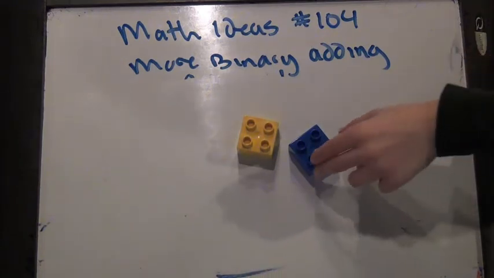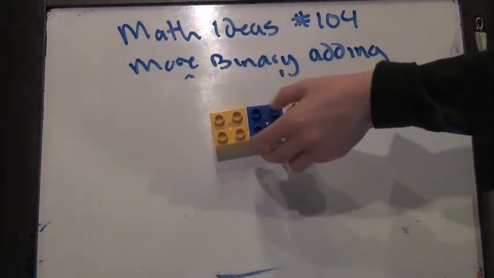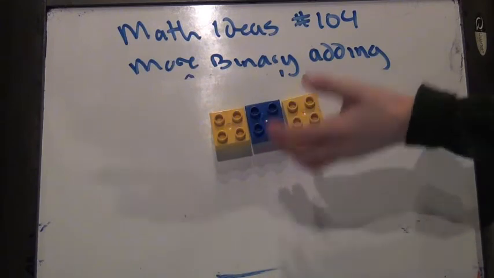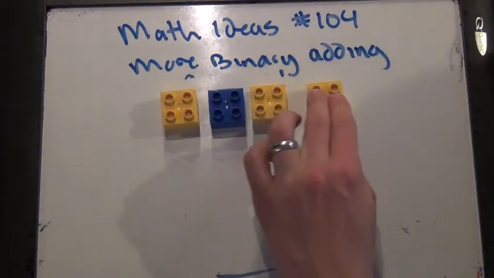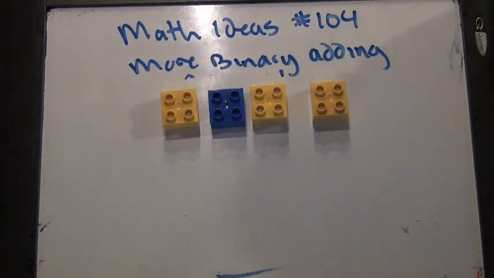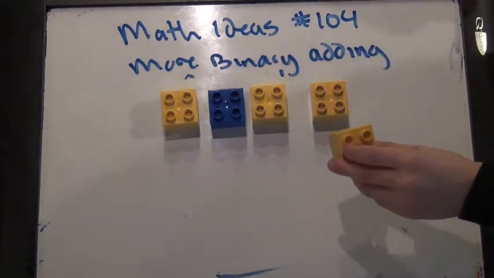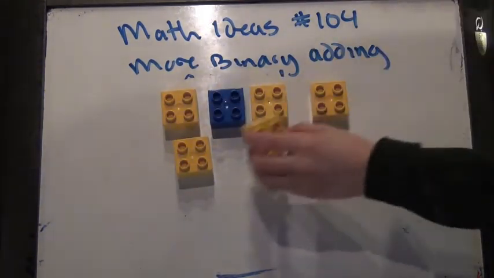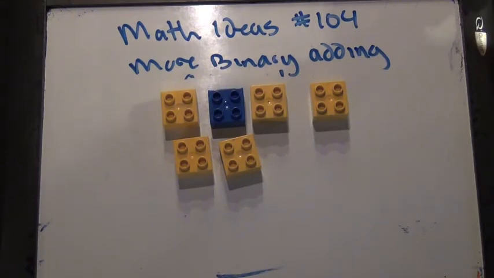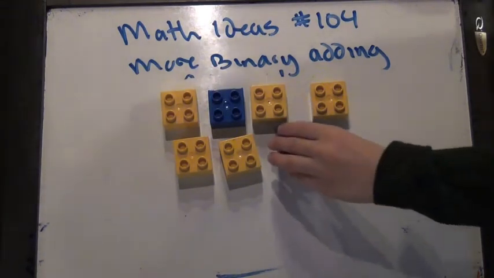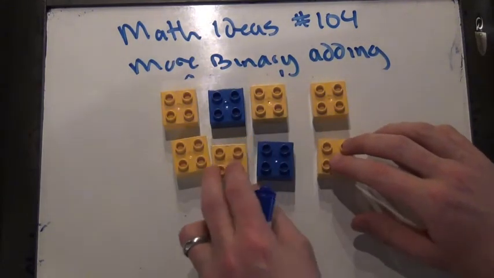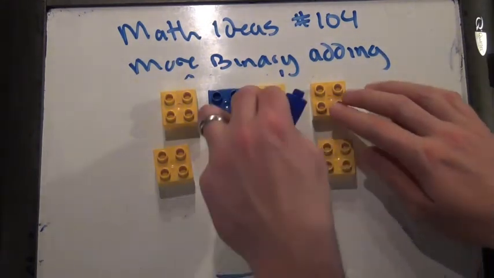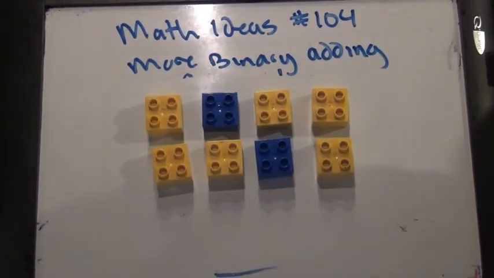Or you make any number you want out of blocks. You can make it 4 long, you can make it 5 long. Let's see, 1, 0, 1, 1. Okay, 1, 0, 1, 1, and what are we going to add to 1, 0, 1, 1? We're going to add 1, 1, 0, 1. Ooh, this should be really interesting. But just to remind ourselves before we start adding our blocks,